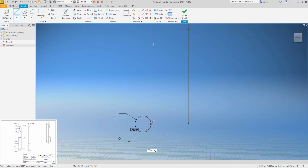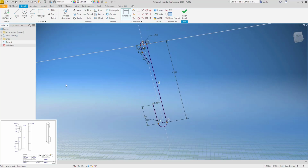So if you hold shift, this line will follow the circle and stay tangent, and then I can draw it off on purpose and add that 1 degree that we have in this, and I have my tangencies. So now I can trim this out. And the overall length of this, I'm going to guess that's an aligned dimension. Should be. It may not be, but it's going to be, in my case, 0.335. So I have a fully constrained path